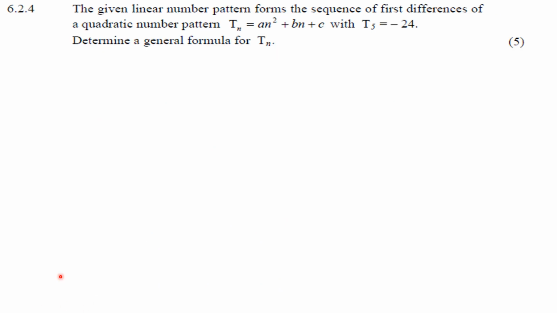Okay, so moving to the last question, which is why we wanted to do this question, because we wanted to revise geometric sequences. The question says that the given linear pattern forms the sequence of the first difference of a quadratic number pattern, with term number 5 being equal to -4. Determine the general formula of